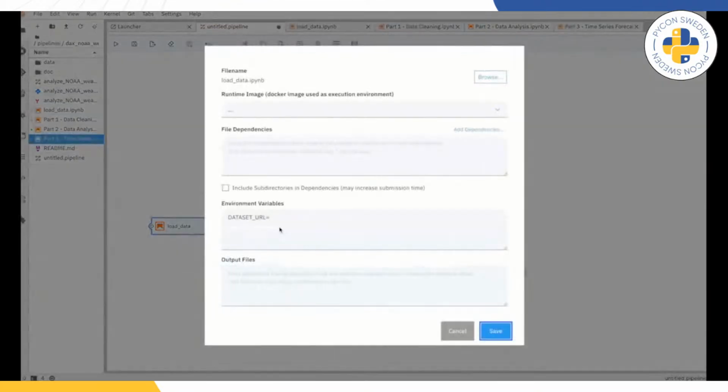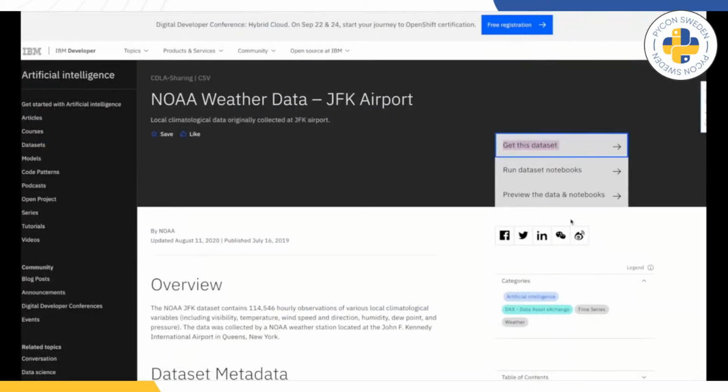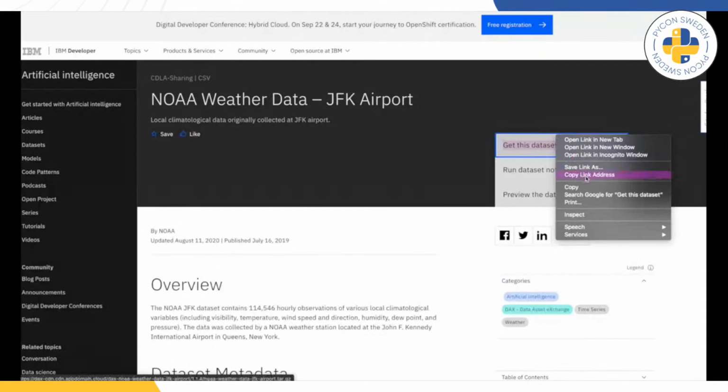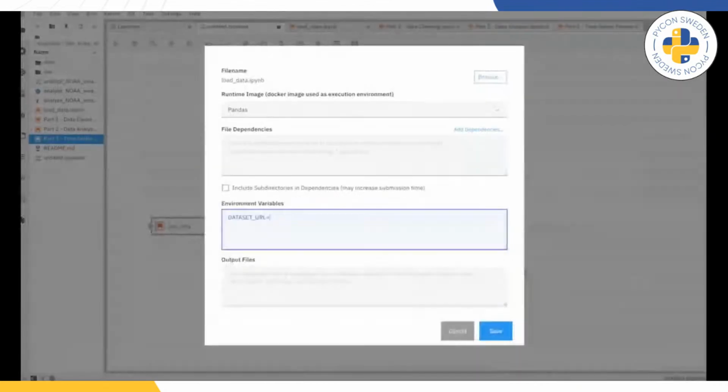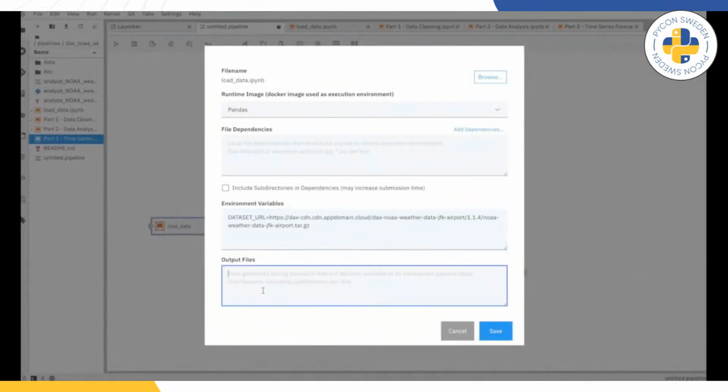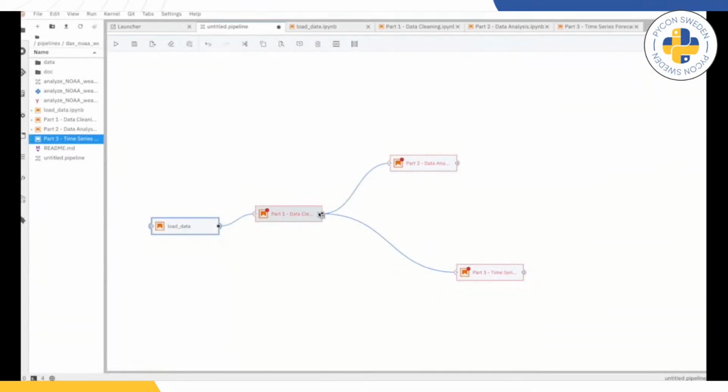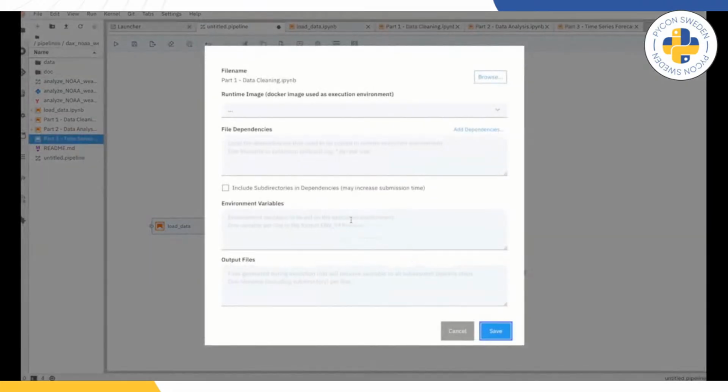You need to configure notebook properties for several pieces of information. We put the environment variable dataset URL as a dataset download link from DAX. We copy-paste the link into a section. This notebook produces output files, so I specify the file name as gfkweather.csv, which is downloaded through the first notebook into the directory. The output files are uploaded to the cloud storage or saved in a local directory after a notebook